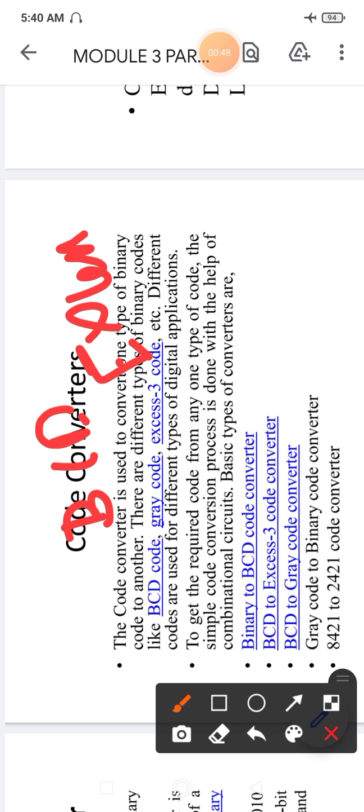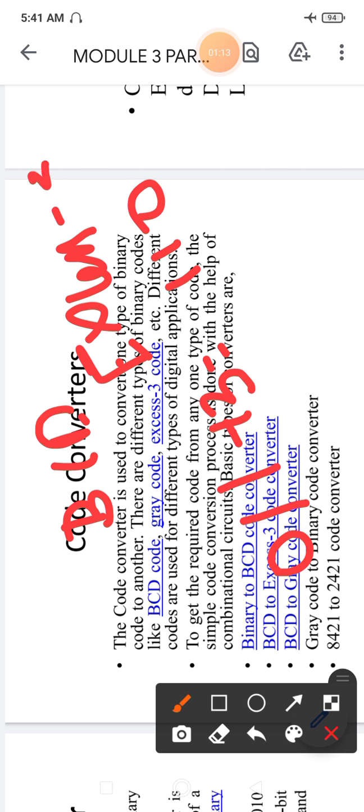In XS3 code, say if you are having 3, that is 0 1 1, XS3 means this 3 will be represented as plus 3, that is, it is represented as 1 1 0. So 1 1 0 is the representation of the number 3. XS3 means whichever number you have, plus 3. That is why it is called XS3.